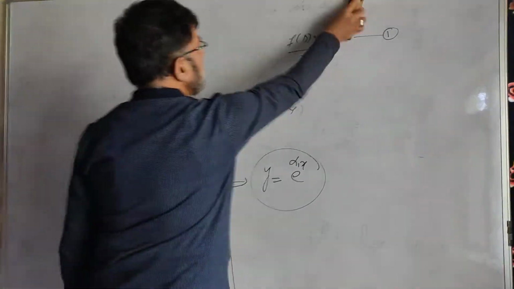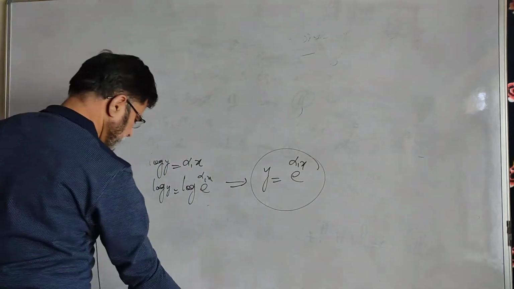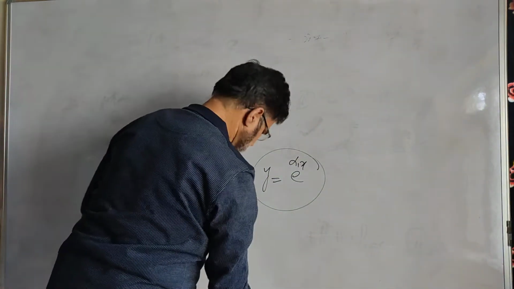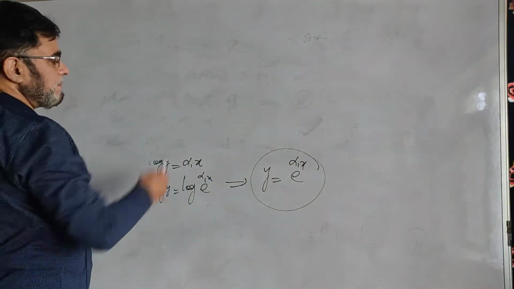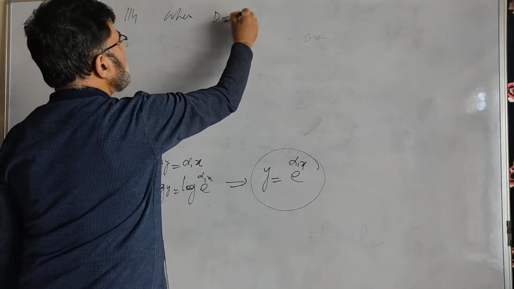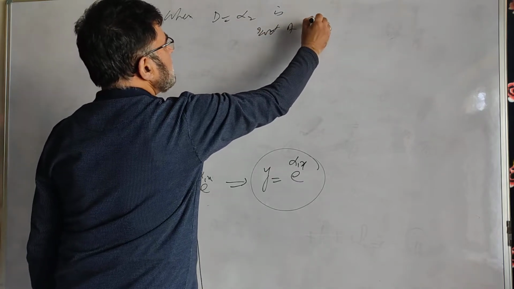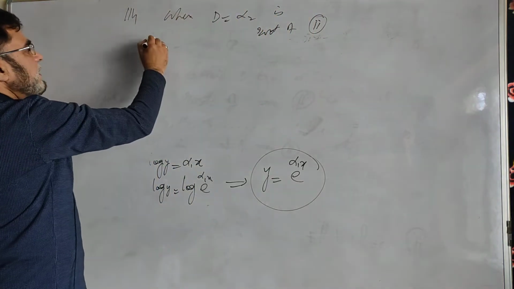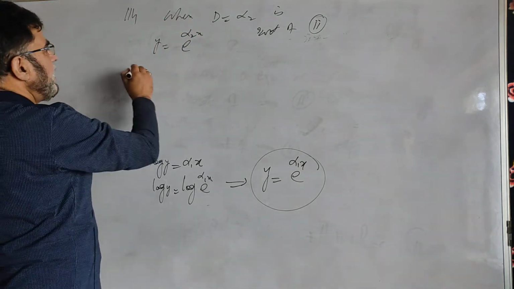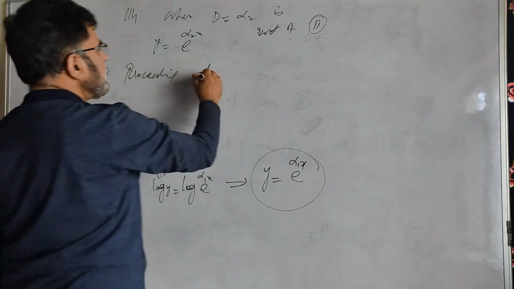So I will write similarly, when D is equal to alpha 2 is a root or solution of the second, we will get y is equal to e raised to the power alpha 2 x, and proceeding this way,